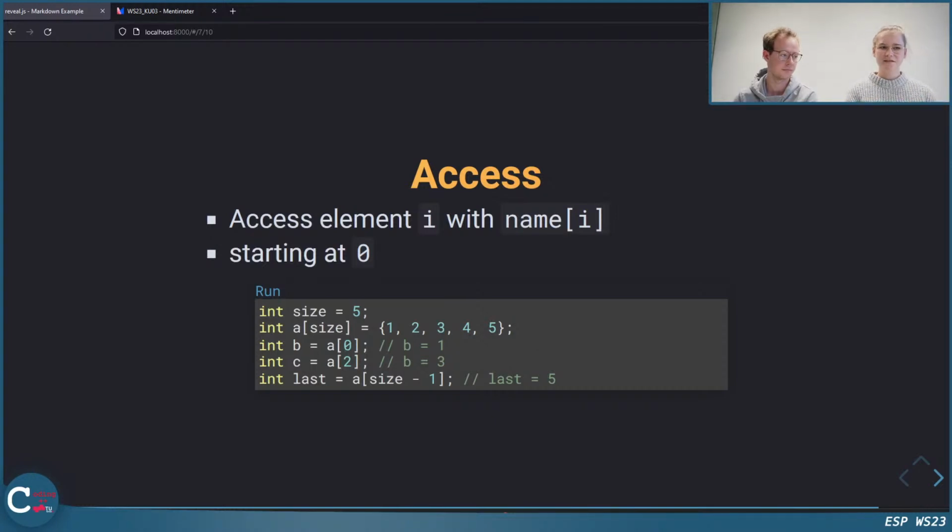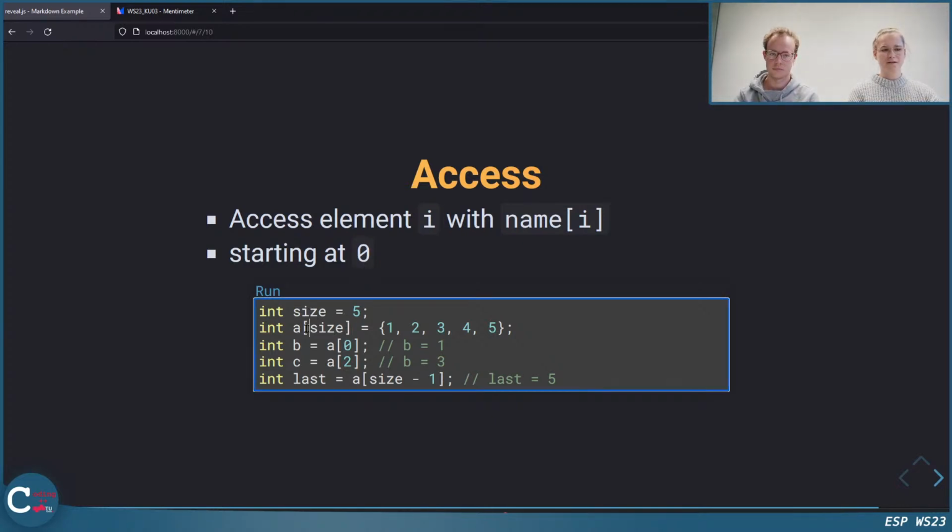Okay, so accessing an array works by providing an index, and this also works with these square brackets. And as was said in the lecture before, the index starts at 0. So if we create this array A and write those numbers in it, then we can access the element at index 0, which will be the first element.